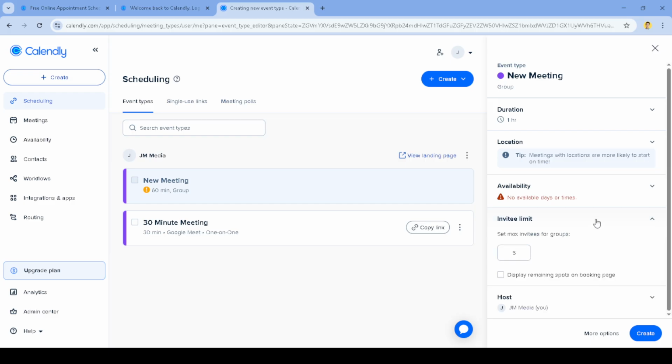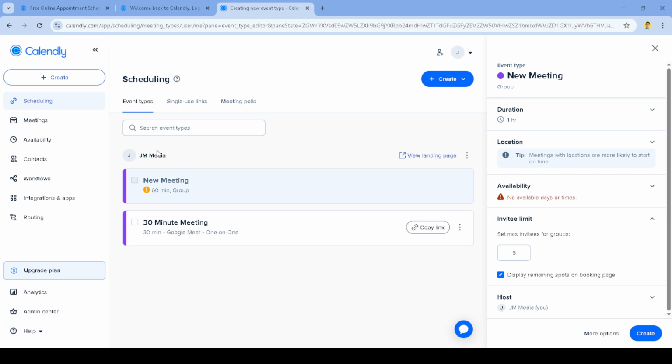When your limit looks right, click Save Changes. That locks in your capacity across available times for this event. If your team will co-host or monitor attendance, they'll now have access through their Calendly accounts, and the invitee limit will automatically prevent overbooking. To recap, you logged in, opened the admin center, invited users with appropriate roles, returned home,